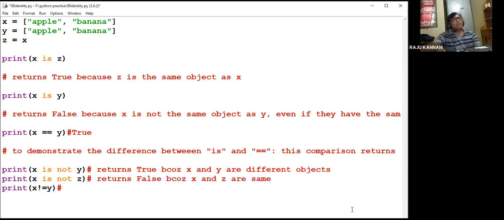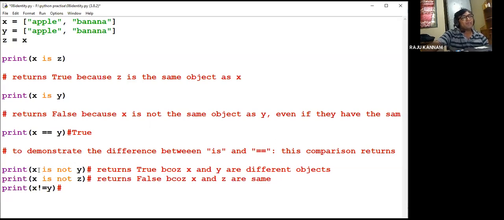Similarly, another operator we will see is the is not identity operator. It is used to check whether the specified objects are not the same. Now here, print x is not y.